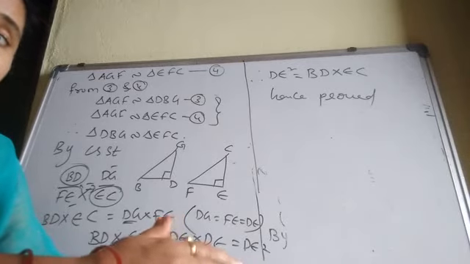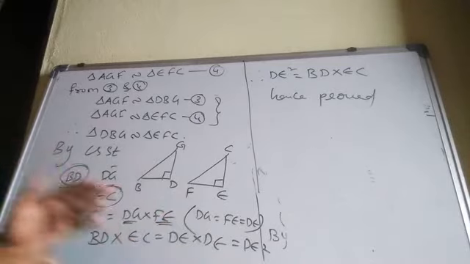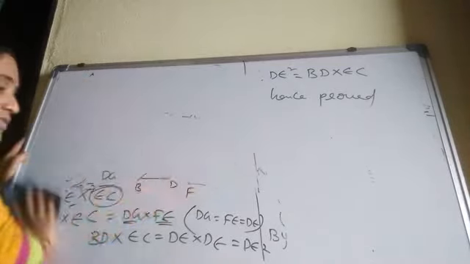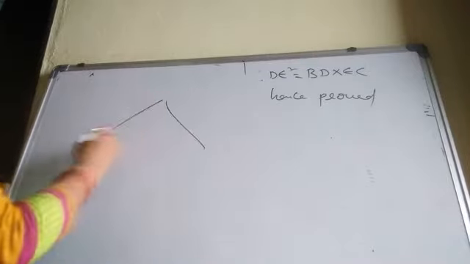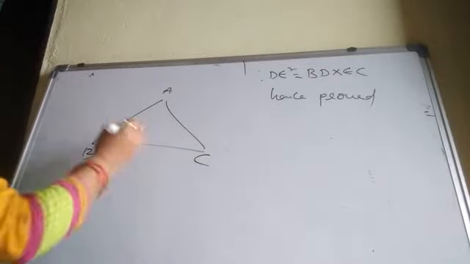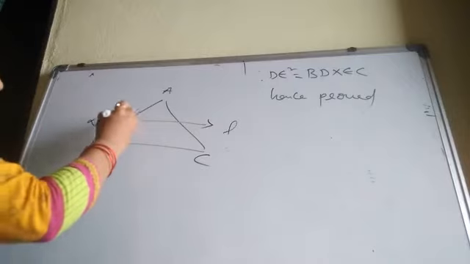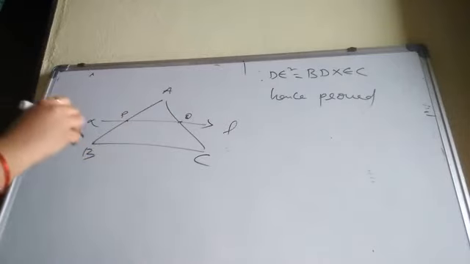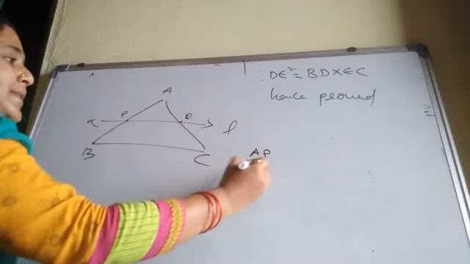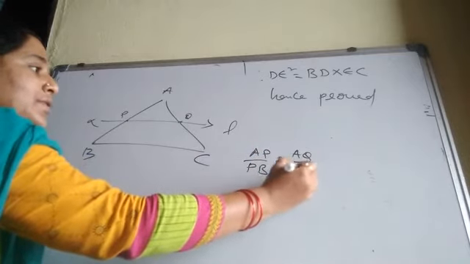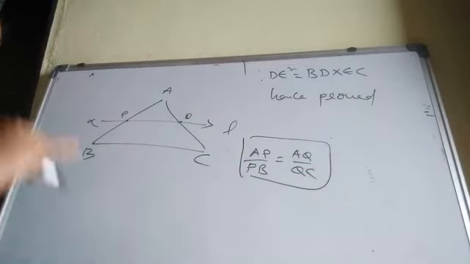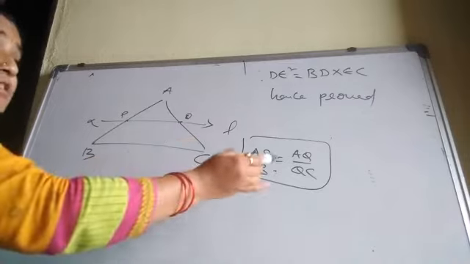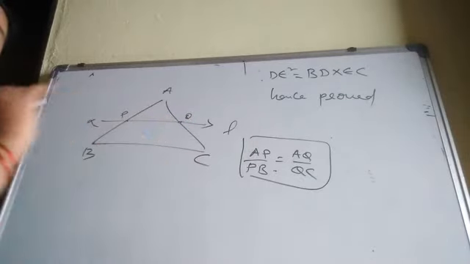In second exercise, your theorems. BPT theorem, converse of the BPT theorem. See, condition I will tell directly. First, we'll remember the figure, it will be easy. Draw the triangle ABC here. Draw the parallel line here, L, P and Q. Condition what? BPT. AP upon PB equal to AQ upon QC. That is your BPT. Converse: if this line divides any two sides of a triangle, then this line is parallel to the third side of the triangle.